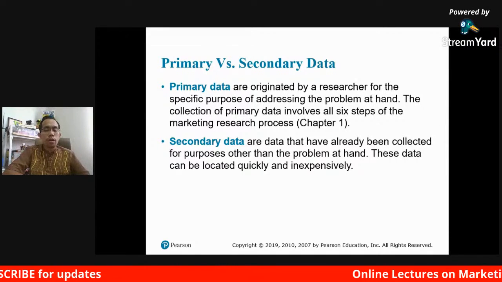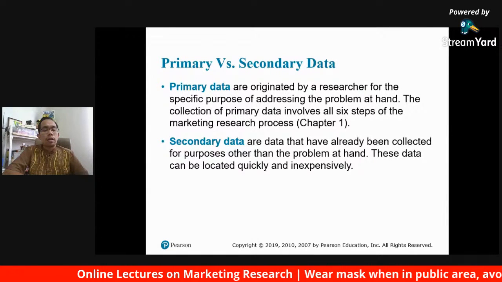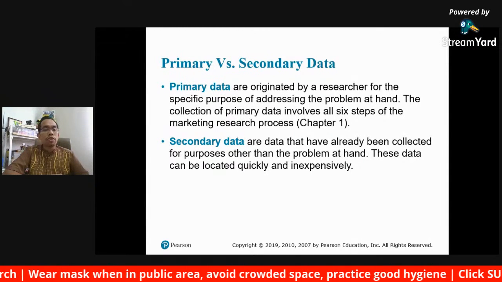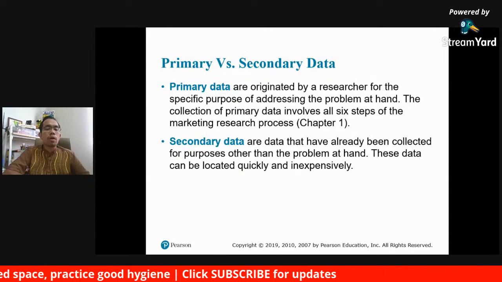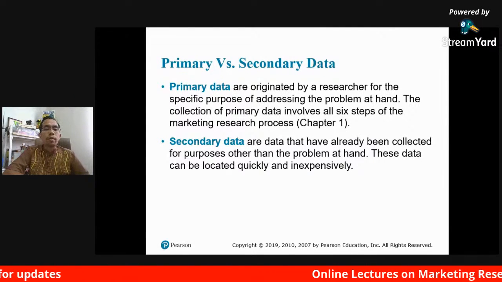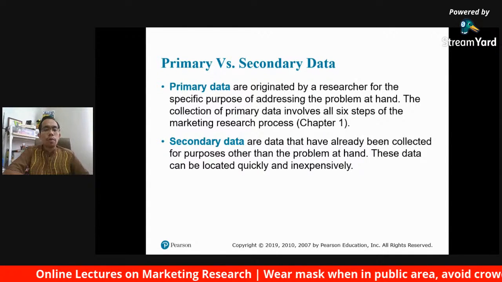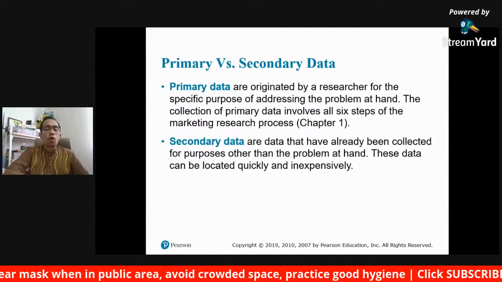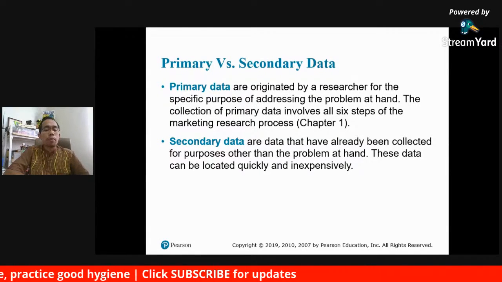We have already defined the purpose of the study and outlined the objective. So to get the data according to what we have outlined is considered primary data. The collection of primary data involves all 6 steps of the marketing research process. We have already discussed how many steps are available, until you come up with a report and present it to